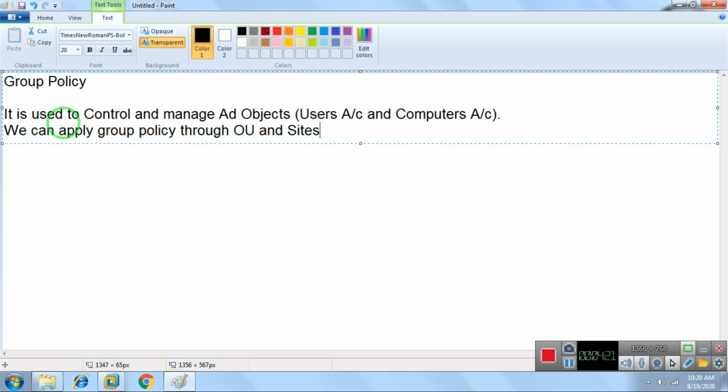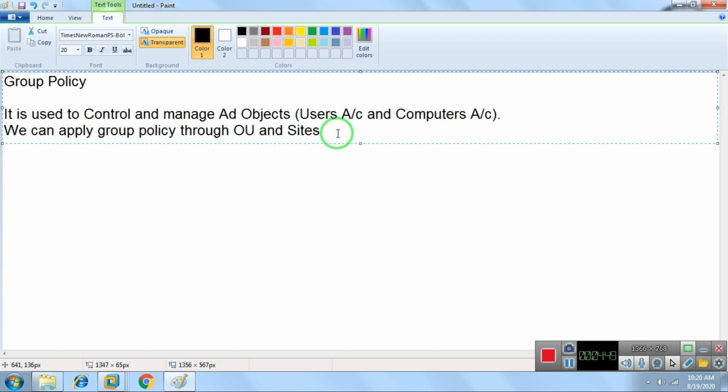Imagine I have 10 users in my network, and I need to implement the same policy on those 10 users. First I need to create an OU, move all the users into the OU, and then implement the policy on the OU.